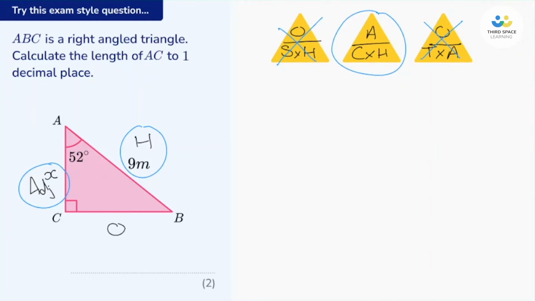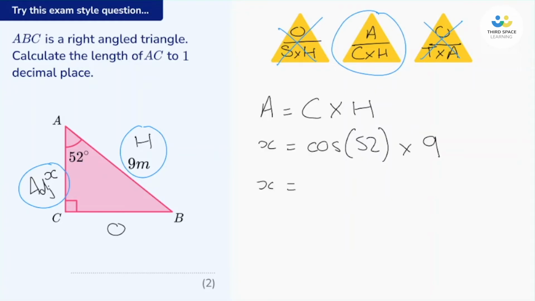Now I'm trying to work out A, the adjacent. So if we cover up A, we can see that the adjacent is equal to C multiplied by H. Right, well, A is X, C is cos of the angle, which is 52, and H is 9. There we go. So let's put that straight into the calculator. Now we need to take great care to make sure that that 52 is in a little bracket. And we get X is equal to